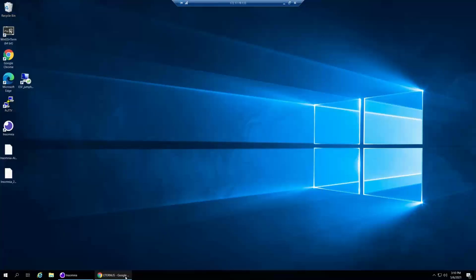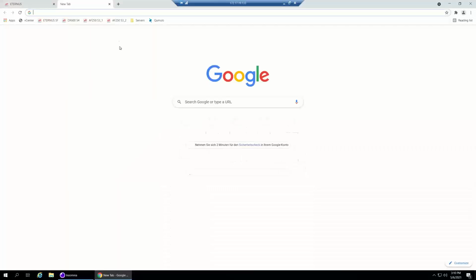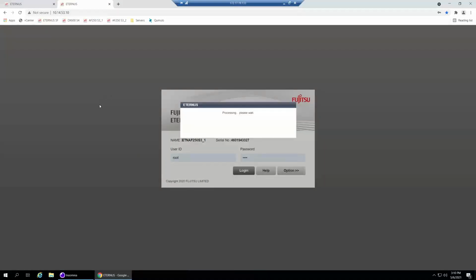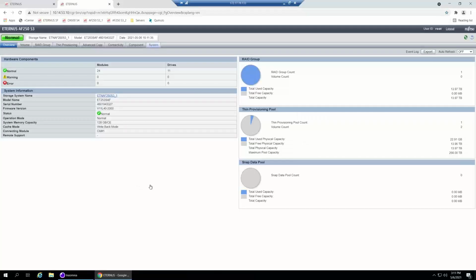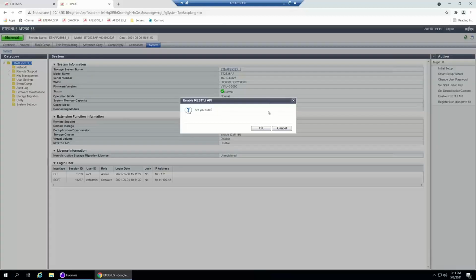Let me switch to a demo system, which I have. I hope you can still see that all, and let's go to the hardware GUI for ETERNUS. Let me show you how to enable the REST APIs first. So I'm going to log into the first ETERNUS system which has not enabled the REST API. So you can see if you go to System tab, and the first thing, the first root folder, here on the right hand side, you can enable the RESTful APIs.